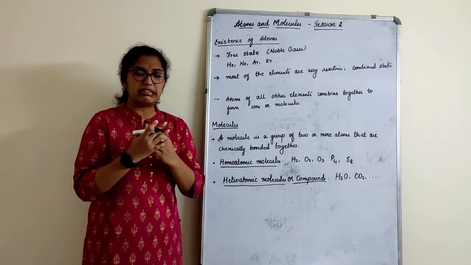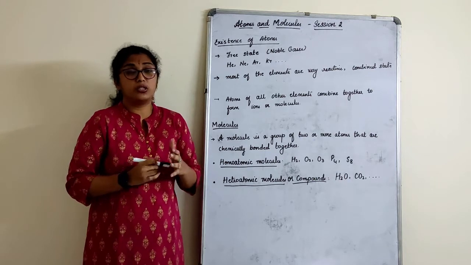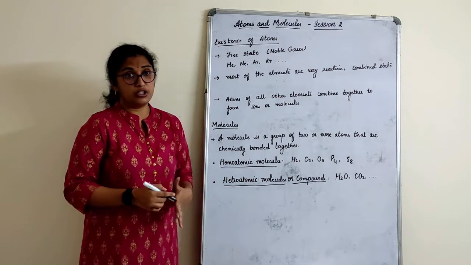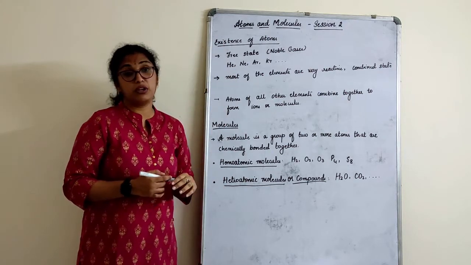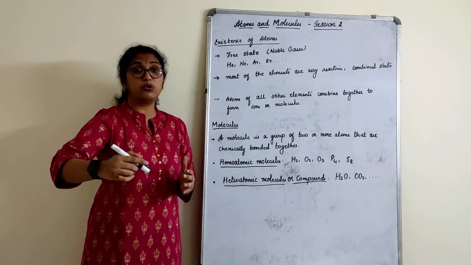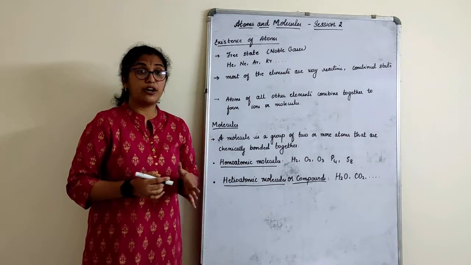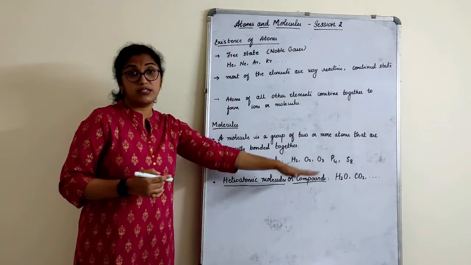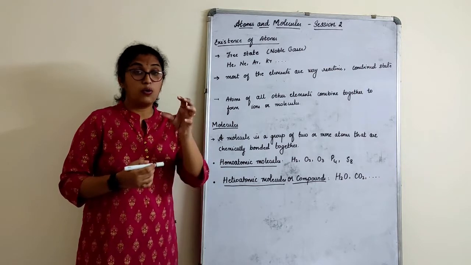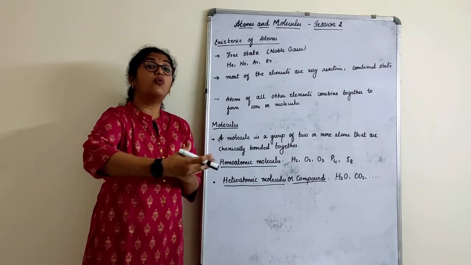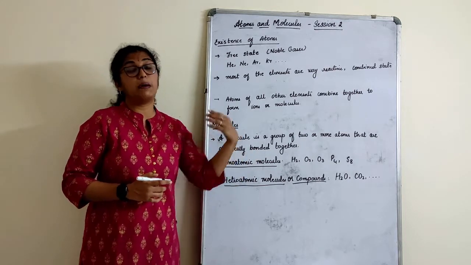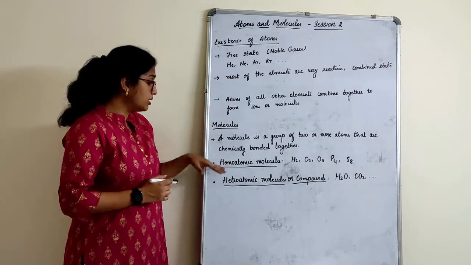Here we study them a bit in basics, in brief, to the extent we need for the syllabus. The chapter atoms and molecules is the base of what you study in detail in the next chapters in 10th grade, such as periodic classification, where you apply what you have studied. How we frame a chemical compound, how a compound is formed, how we obtain the formula for a particular chemical compound, all that we learn in this chapter and apply in the 10th grade. So this is about molecules.